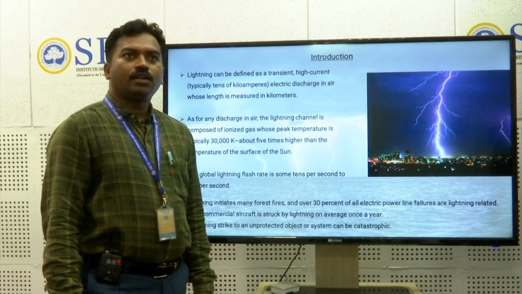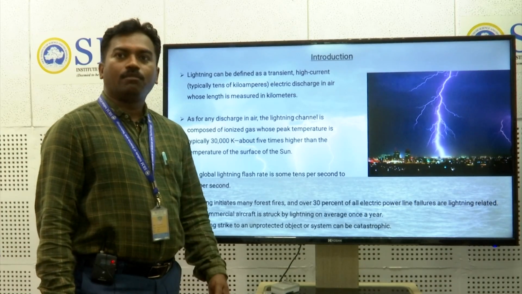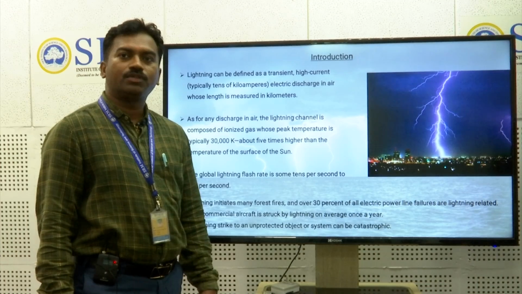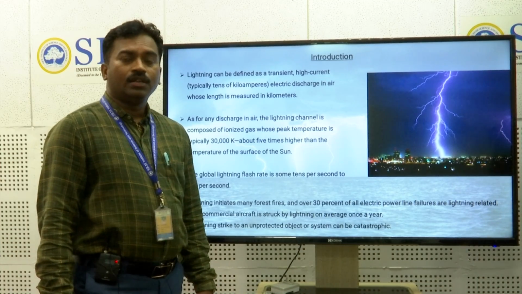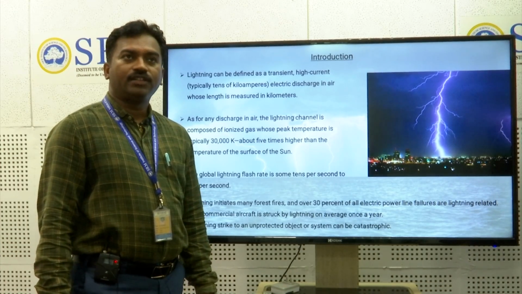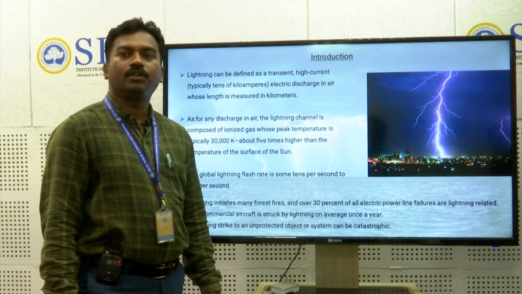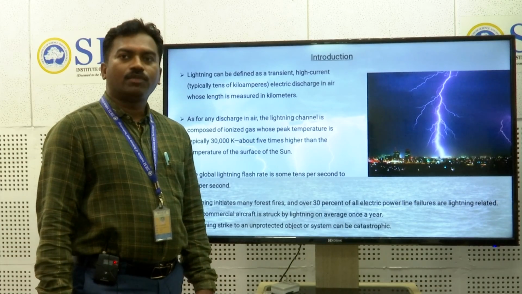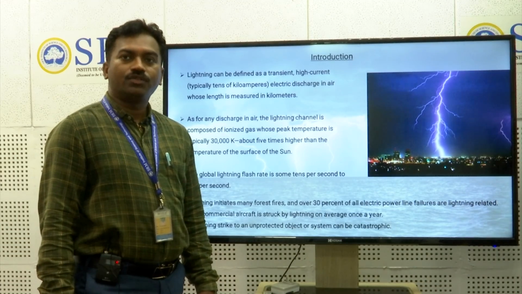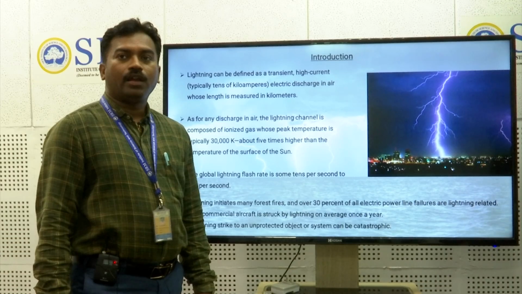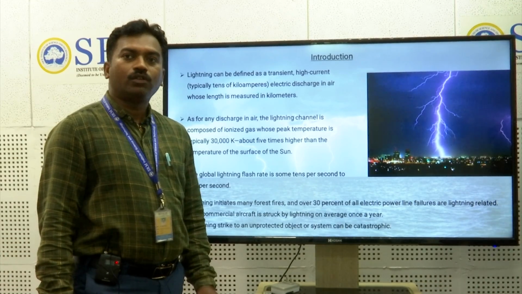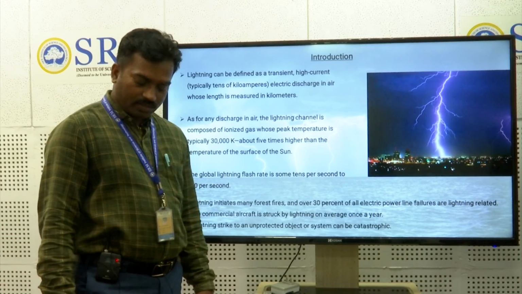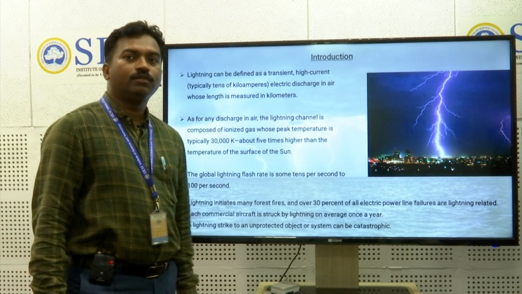Lightning occurs in India during pre-monsoon, March, April, May; monsoon, June, July, August, September; and post-monsoon, October, November, December. The peak activity of lightning takes place in the monsoon time, and lightning is a key atmospheric phenomenon associated with thunderstorms, and also one of the important components in the global electric circuit. So let's have an overview of lightning, what it is.